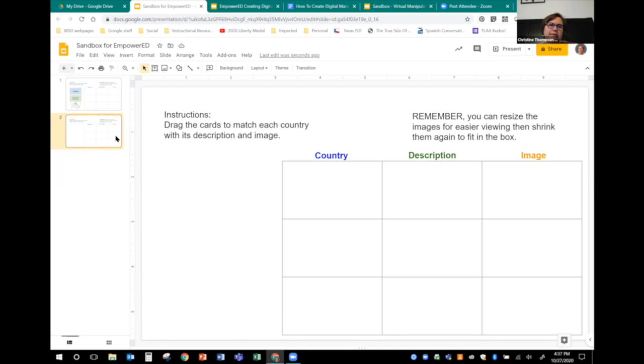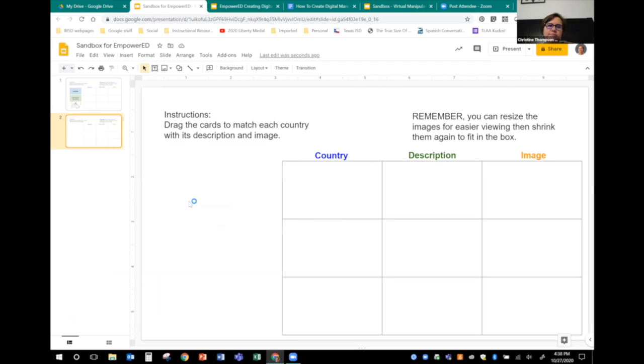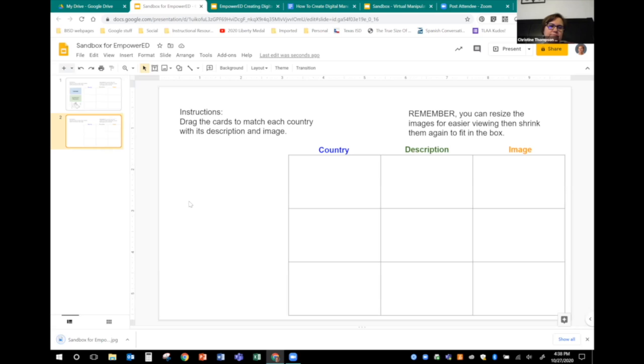So with this second slide with no cards in it still highlighted, we're going to come up here to File, go to Download, and go to JPEG. And you'll see that down at the bottom, it has created a little JPEG download. So I'll give you a second to do those steps.